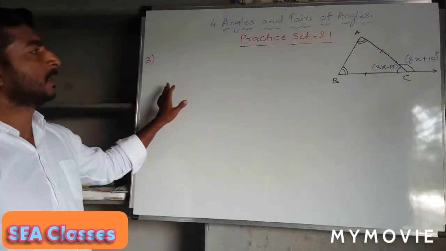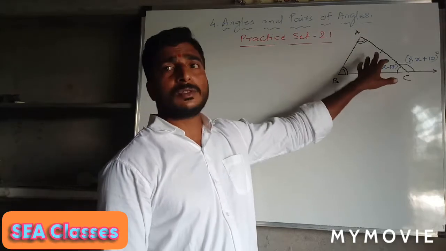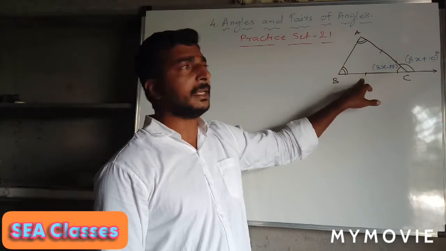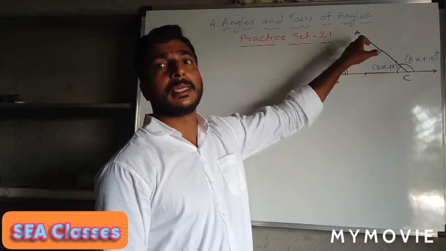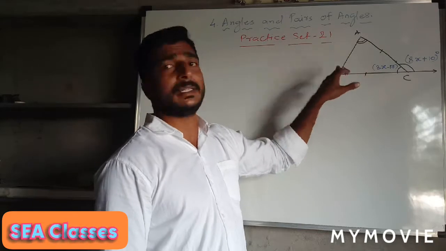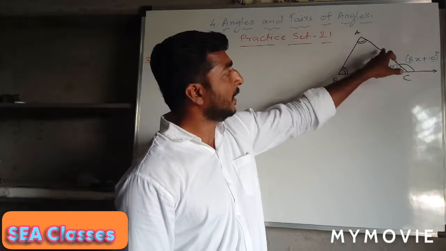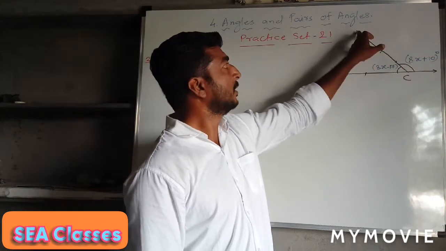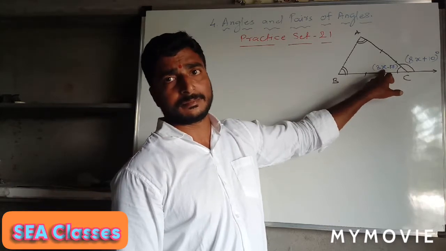Now the third example. It is given that triangle ABC is an isosceles triangle, meaning two sides of the given triangle are equal and the angles opposite to them are equal. That means angle A and angle B are the equal angles and these are the remote interior angles. And they have given that the exterior angle ACD is equal to 8x plus 10 degrees and angle ACB is given as 3x minus 17 degrees.